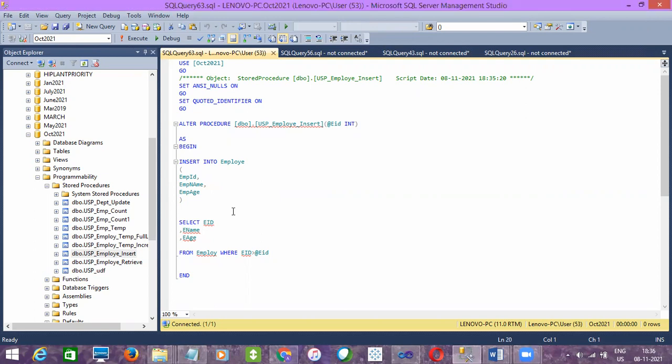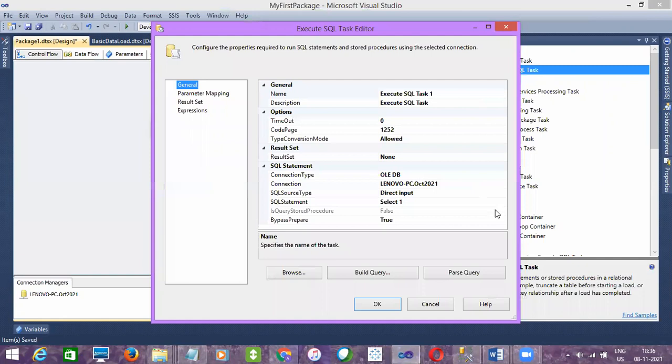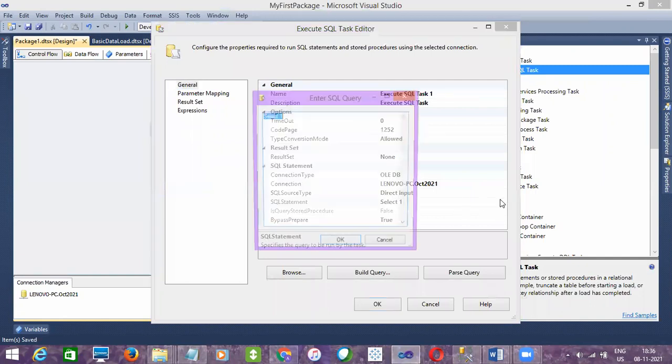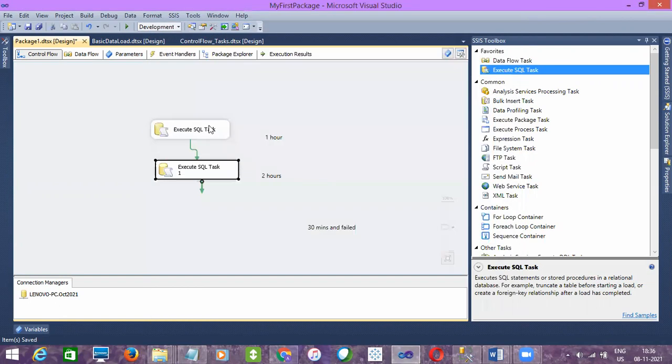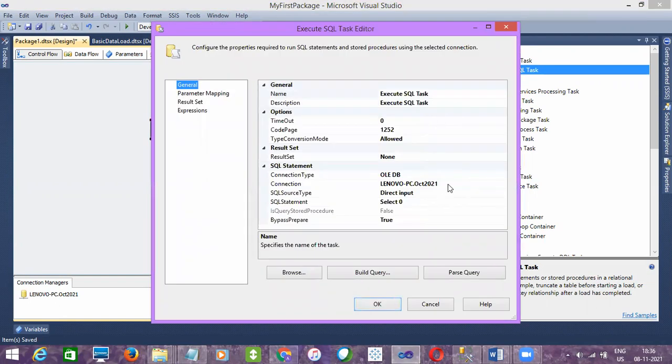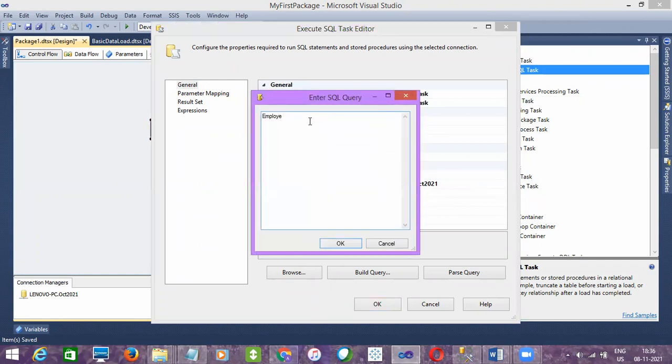So what I'm going to do is use one insert statement here in the second Execute SQL Task, and whatever data I'm going to insert into this table, before inserting I'll delete it. Delete from table name.